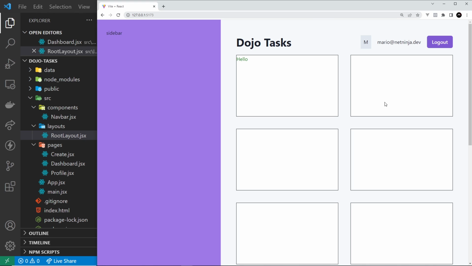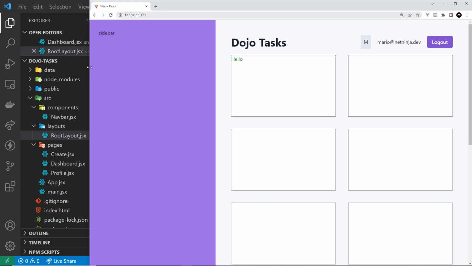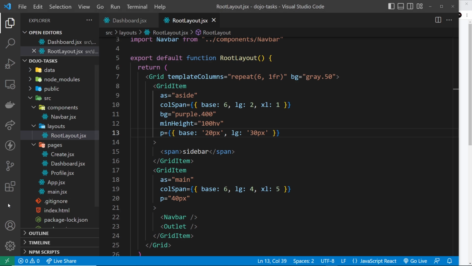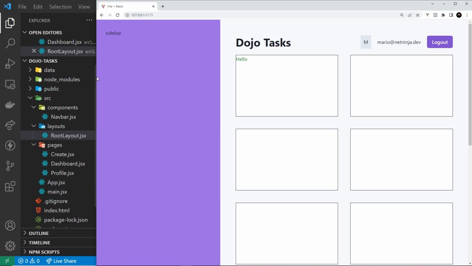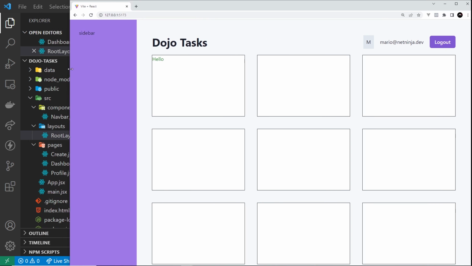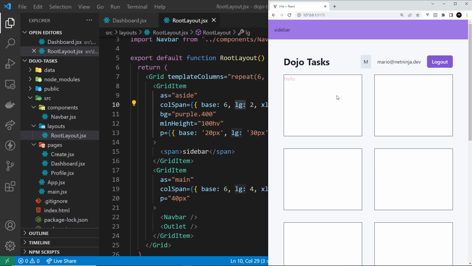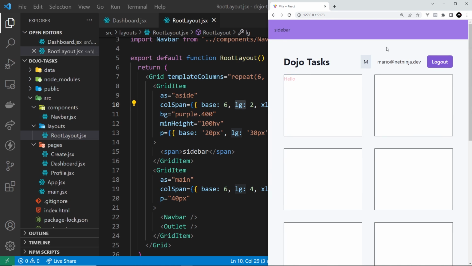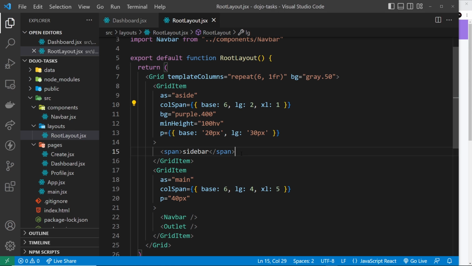So let me save this, and we can see now when we're in a medium-sized screen, it's taking up those 2 columns in width. When we get to, I think that was actually large. Yeah, so when we're at large size screens, it's 2 columns in width. At extra large, it's 1. It gets smaller. When we go right to tiny screen sizes, now this takes up 100% in width, and so does this. Okay, so that, my friends, is now all working,